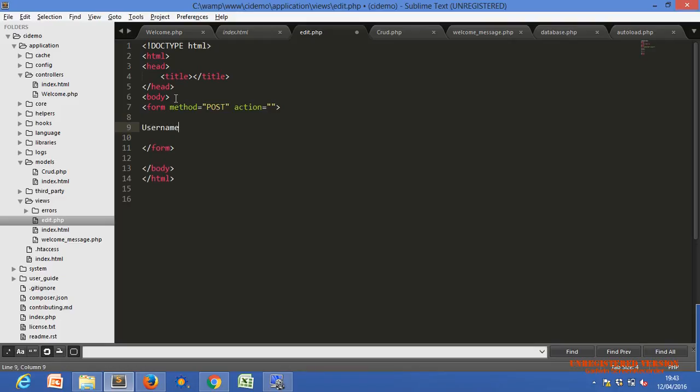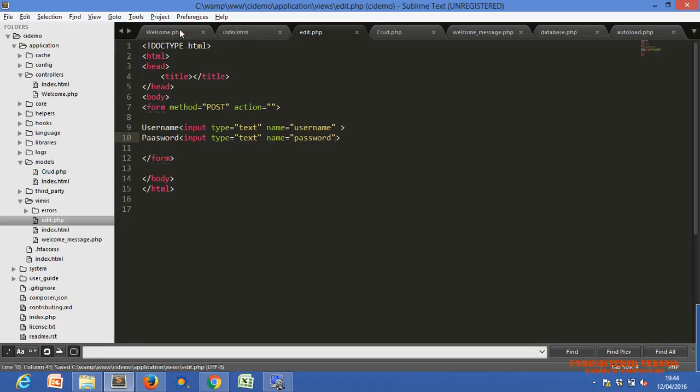Username input, type equals text, name equals username, any name you can give, and second one password input, type equals text, and name, give password or any other name.